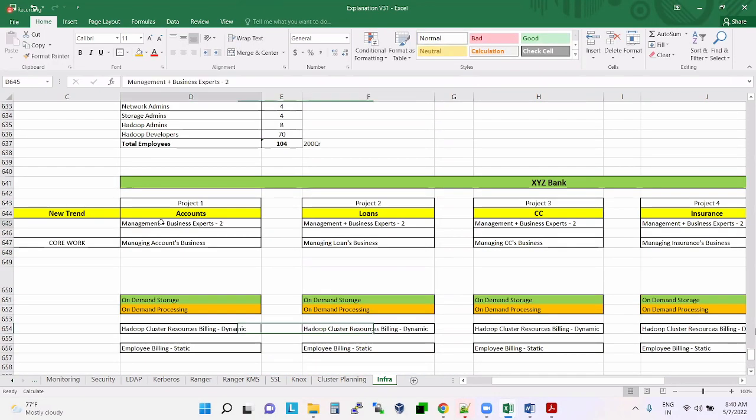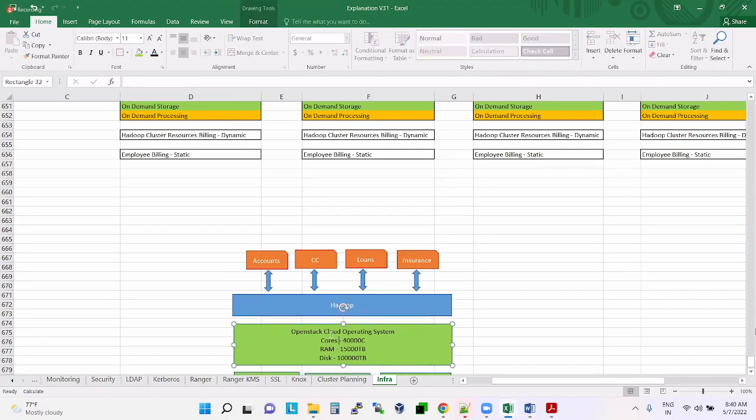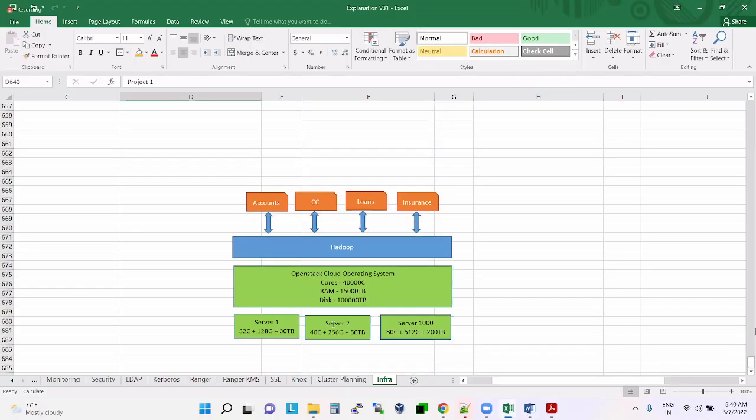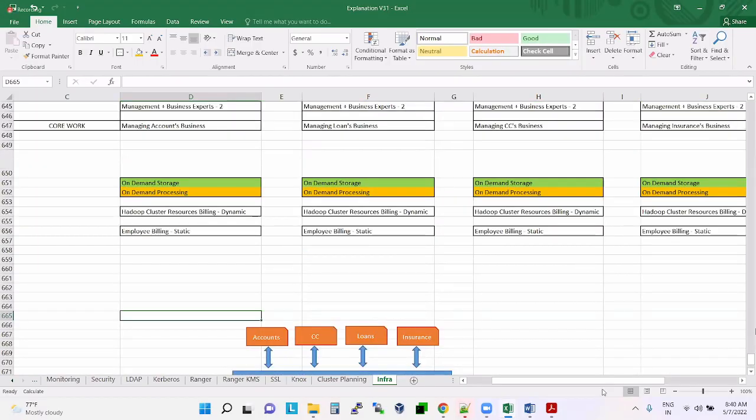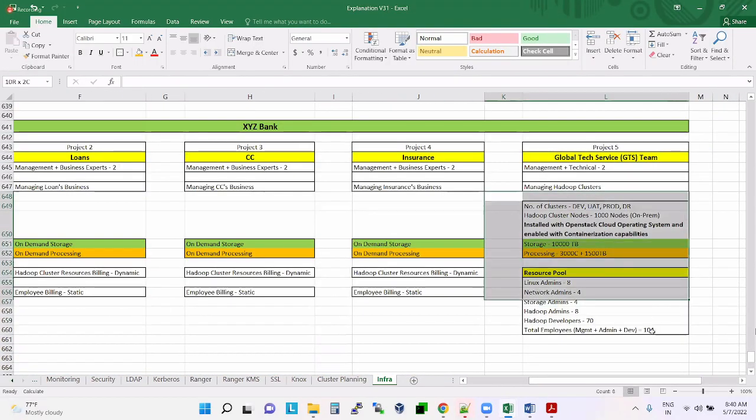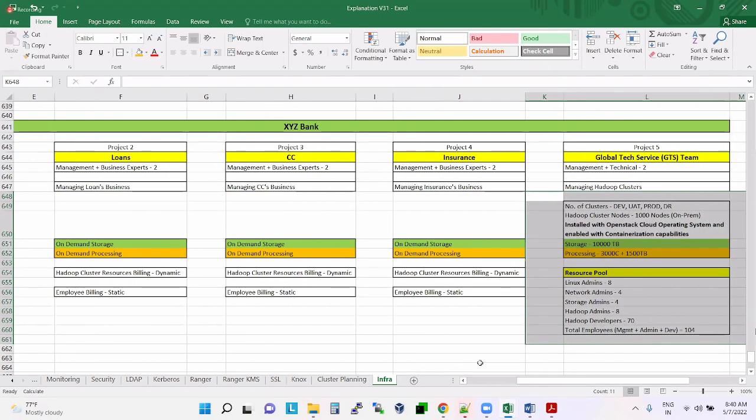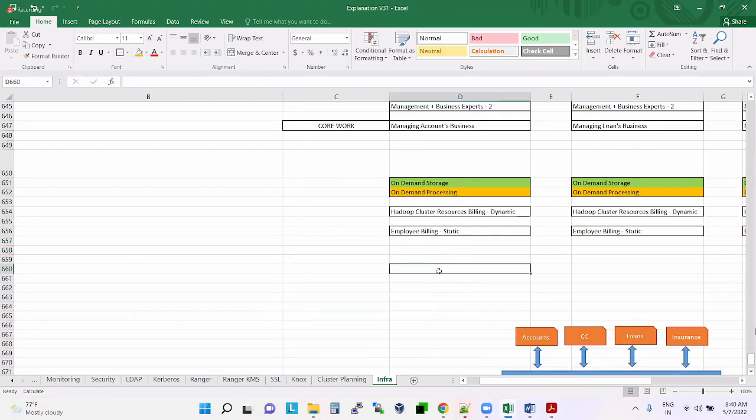Does the client know what technology we are using here? No. Does the client know what Hadoop version we are using here? No, they don't know. Or in which system, which server, data is going and sitting? They don't know anything here, guys. How the data is maintained here, what is happening here, they don't know anything. We tell them, hey guys, we created a directory on top of HDFS. Your directory name is project_accounts. This is the place where you store whatever you want. That's it.